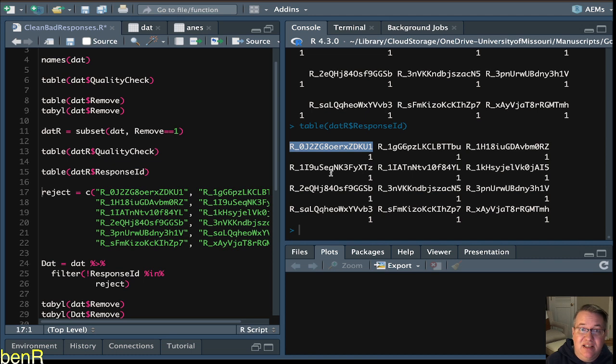Now, a response ID is just a string of characters generated by Qualtrics to give each response a unique ID. It's not identifiable information. It's not linked to the person that did the study. It's just linked to the response. And so I can use this unique ID to identify the rows that I want to get rid of. And that's what I am doing